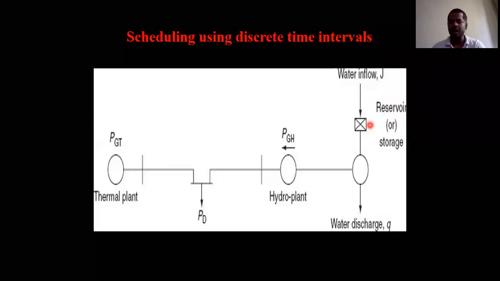Similarly, if you are considering the storage of the water, we need to consider a particular time period. It may be a day, or a week, or a month, or a year. So based upon the time period that we are taking, we can represent the storage of the water into 2 categories. The first one is at the starting of the time period, similarly at the end of the time period. These two are represented by x of 0 and similarly x of 0. So the representation of the storage of the water is very important. So this is a basic representation.